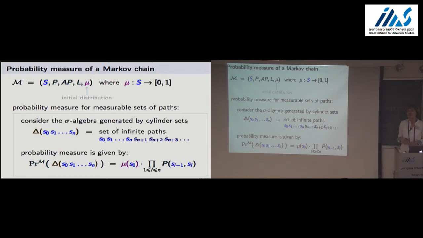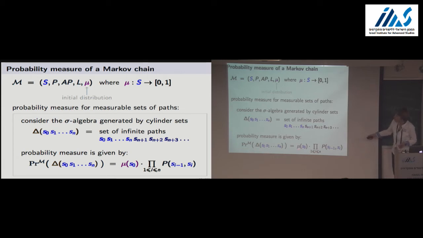Well, and then you can use results, well, these are not trivial results, but results that are known from measure theory. Here we use the measure extension theorem by Carathéodory, stating that this sigma algebra fulfills certain axioms such that it suffices to define the probability measure of the cylinder sets, and then you automatically get a probability measure for all the measurable events. Well, and the definition here is rather natural.